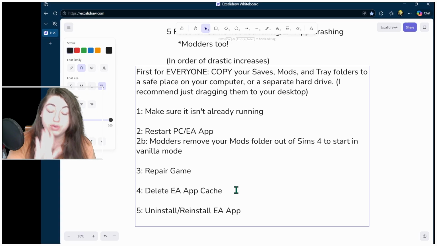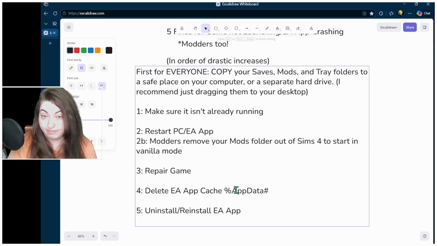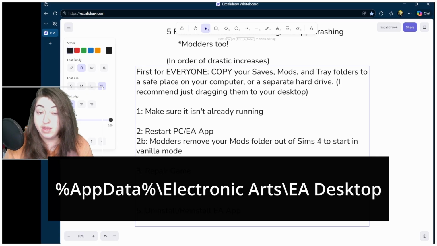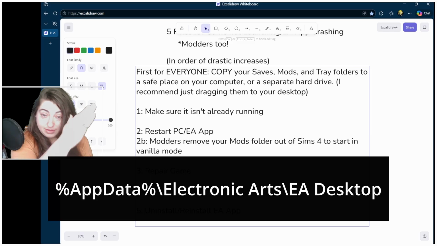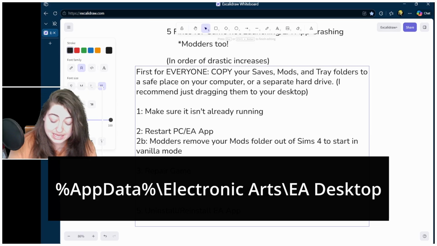So this is what you're going to type into your search bar, and I'm going to do it twice. So here's the first one. %appdata%. I'm even having to double check. Oh, % not hashtag. %. I'm even having to double check because I want to make sure I have it specifically correct for you. \, okay. Electronic Arts, okay. \ again. EA